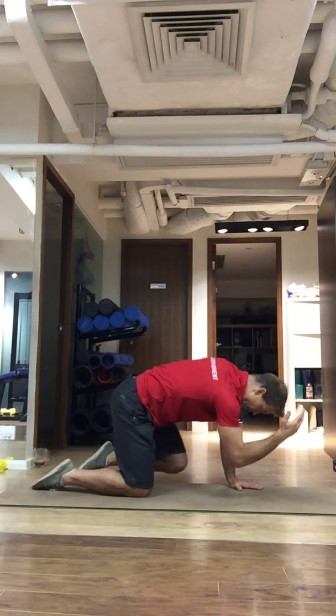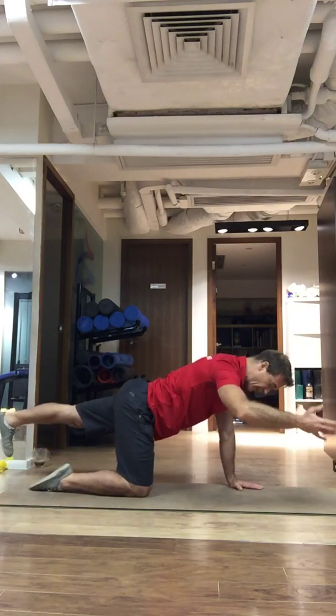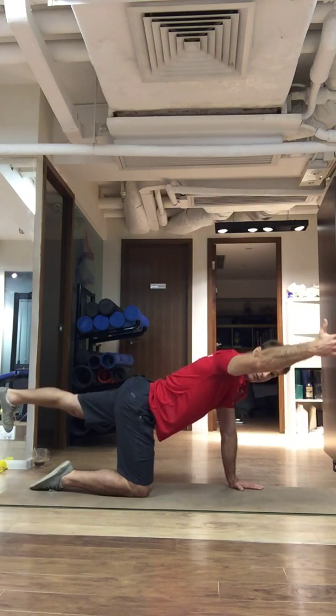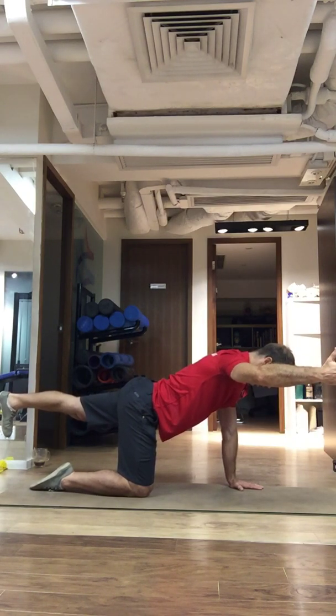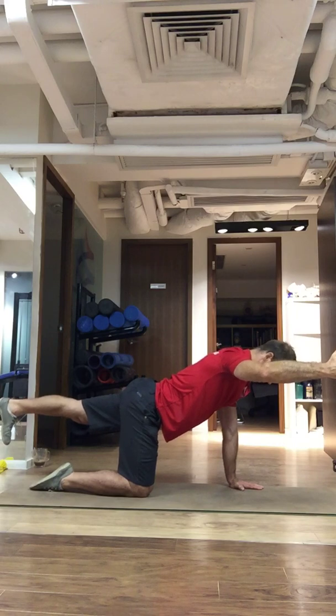Right elbow to left knee. Boom. First one, keep those 3 contact points. Reach the left leg back, lift it up. Reach the right hand 45 degrees forward and lift it up, thumb to the ceiling. Hold there for 12 seconds. 11, 10, 8, 7, 6,